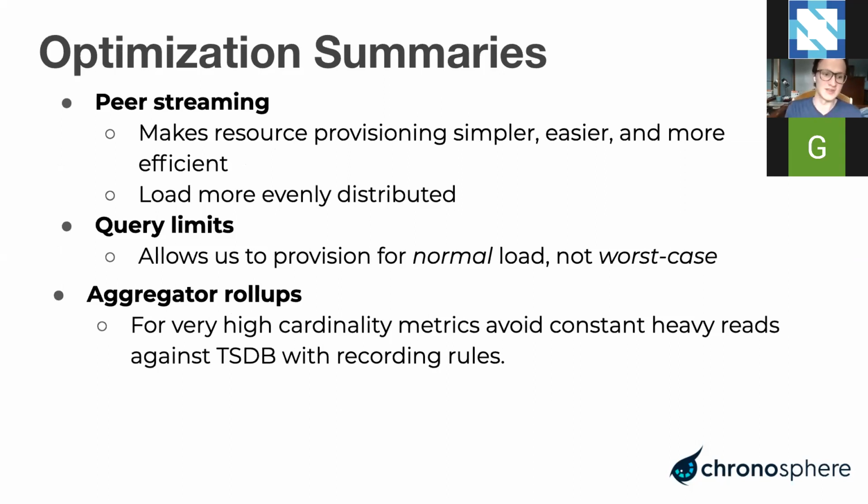The three maximization problem solutions we reviewed here are peer streaming, and that's rebalancing the different nodes so that load and storage is evenly distributed across them. Query limits and metrics, which allows us to provision our nodes for the normal load case and not the worst-case node. And then lastly, aggregator rollups, which allows us to be way more efficient in